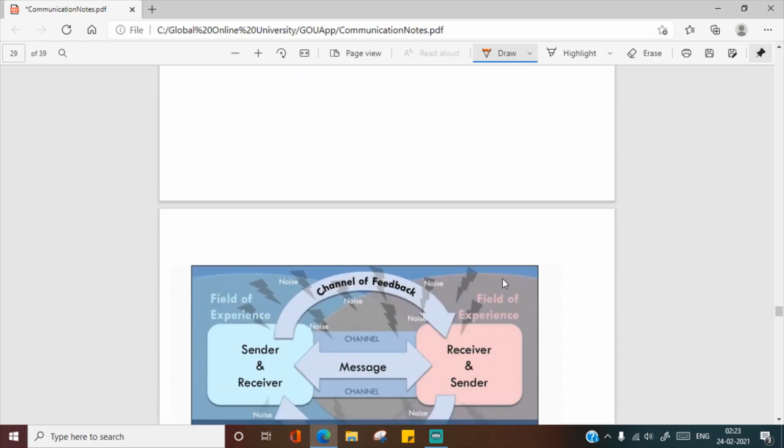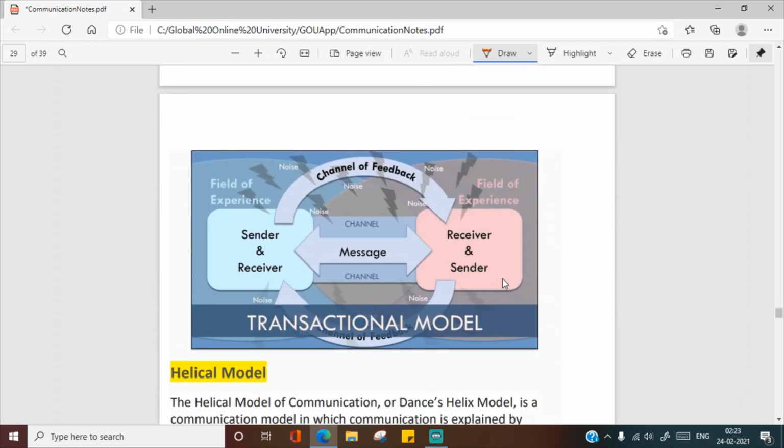Okay. So here this is the diagram of the transactional model. What is going on here is the sender is sending the message through the channel to the receiver, and the receiver is providing feedback to the sender. When they are providing feedback, the receiver becomes the sender and the sender becomes the receiver. You see here noise is also present. So we all know, in this type of communication, feedback is there, also there will be